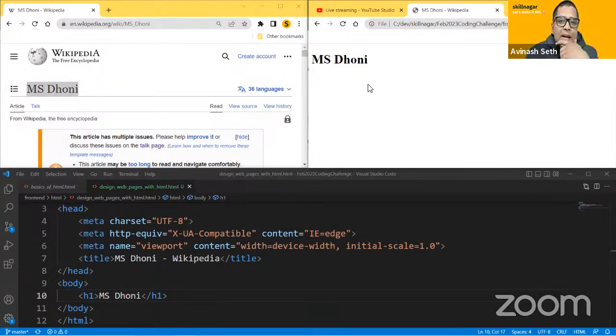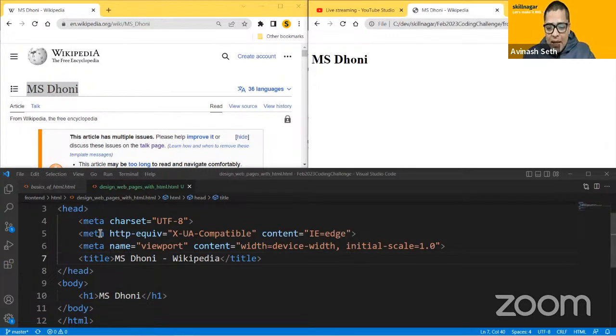But before that, do you feel if I have to make changes every single time, I have to save the file, I have to come back to the browser and I have to refresh the page? Do you think it is very tedious? Obviously, it is tedious. So what we are going to do, we are going to use a tool which is known as Live Server. It is going to help us save some time. Let me show you what it does.